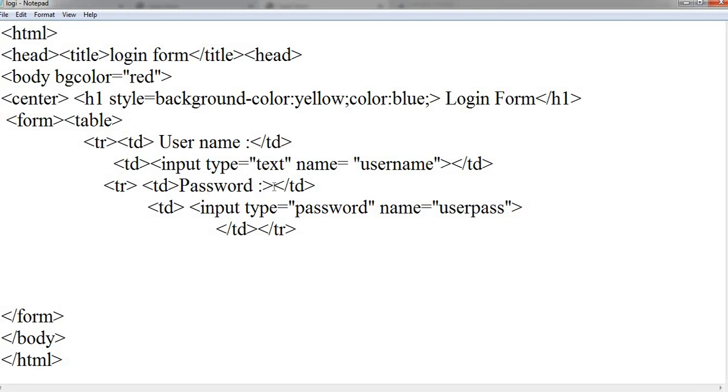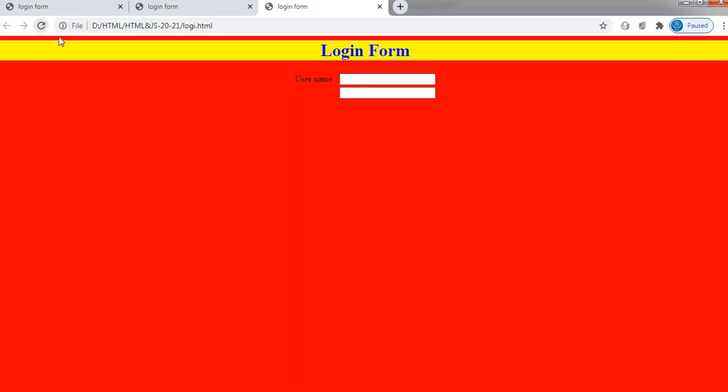So password. So these two labels and text boxes are going to be displayed on the screen.